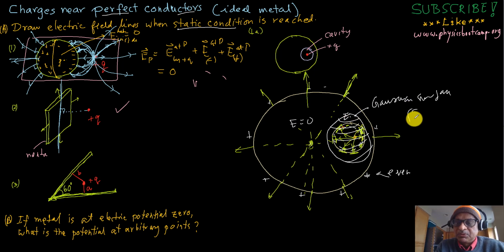So if you do E dot dA on this surface, you're going to get zero. This is the left hand side of Gauss's law, and the right hand side says how much charge is enclosed. There's a charge on this inside part of the cavity and this original charge. So you had a right side plus Q